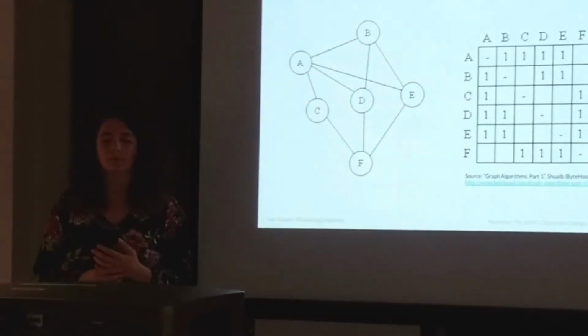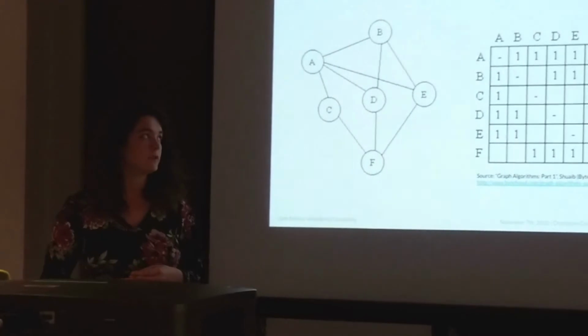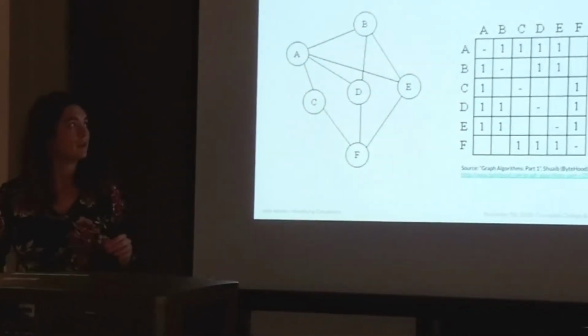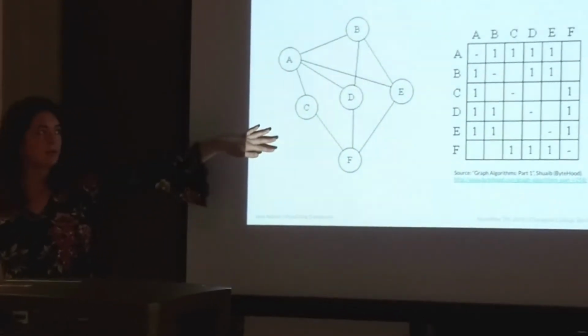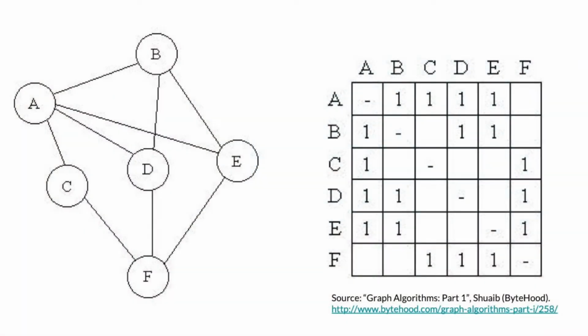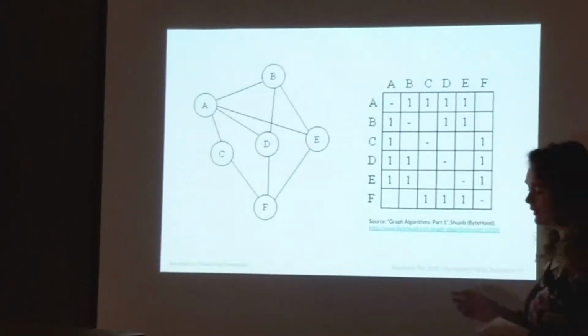So one way that we are better able to understand graphs is by creating these adjacency matrices. This is an example of a very simple graph that has 6 different nodes, and if we create a chart that shows each of those nodes compared to each of those nodes, we can see that A is connected to B, A is also connected to C, and A is connected to D. Actually, this chart is the same this way and this way. It's like a mirror image of itself.